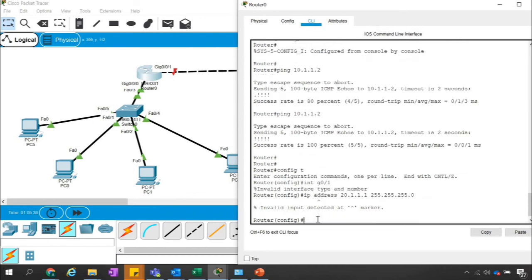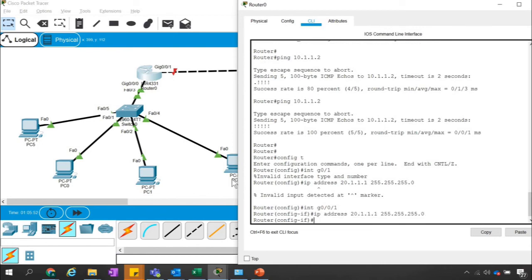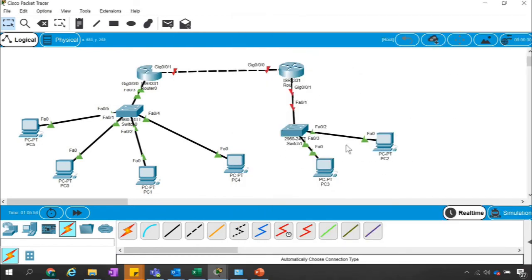If you want to assign the IP address to these computers through our DHCP server, then the DHCP server should be reachable from these computers, right?